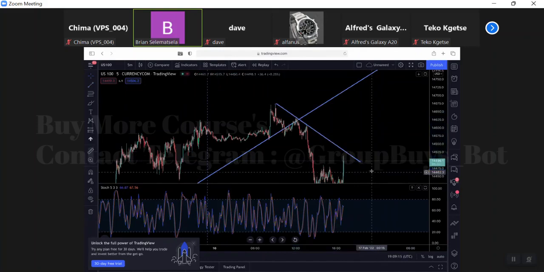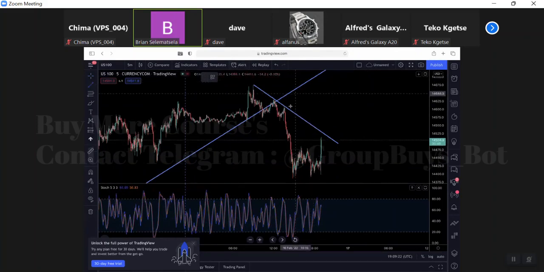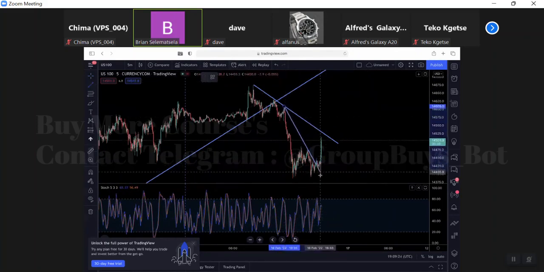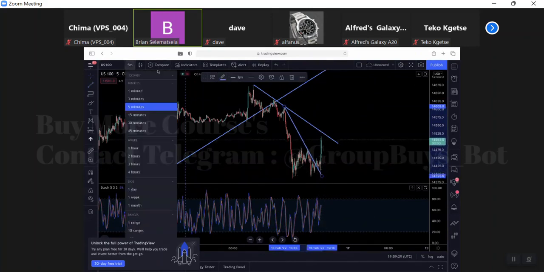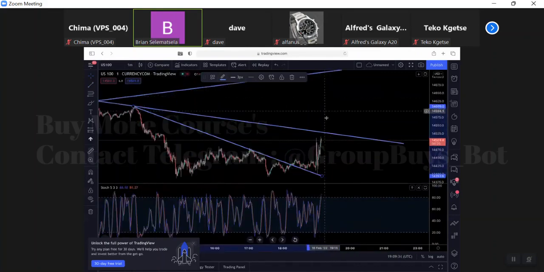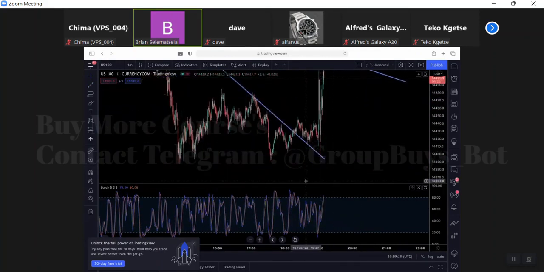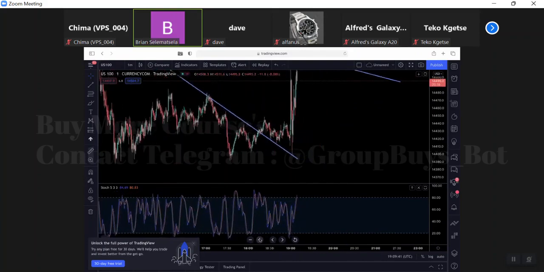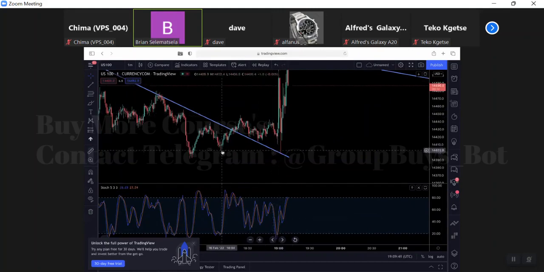So in this case, some could have used that one as a footprint, and some could have used that one as the first layer. And if you would have used that one as the first layer, of course, this will be time for you to be on the buy of this trade. And of course, when you want to buy,